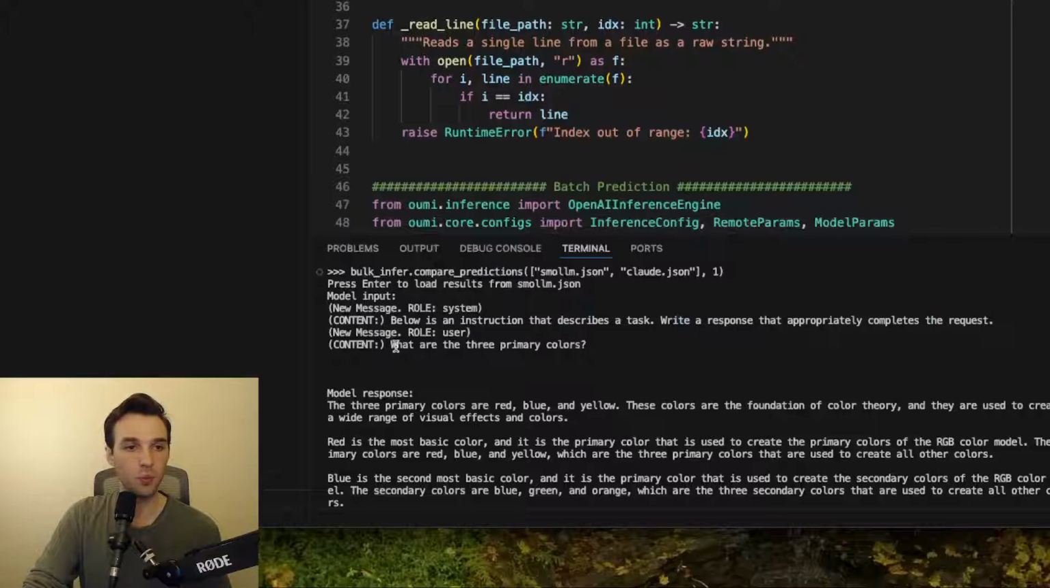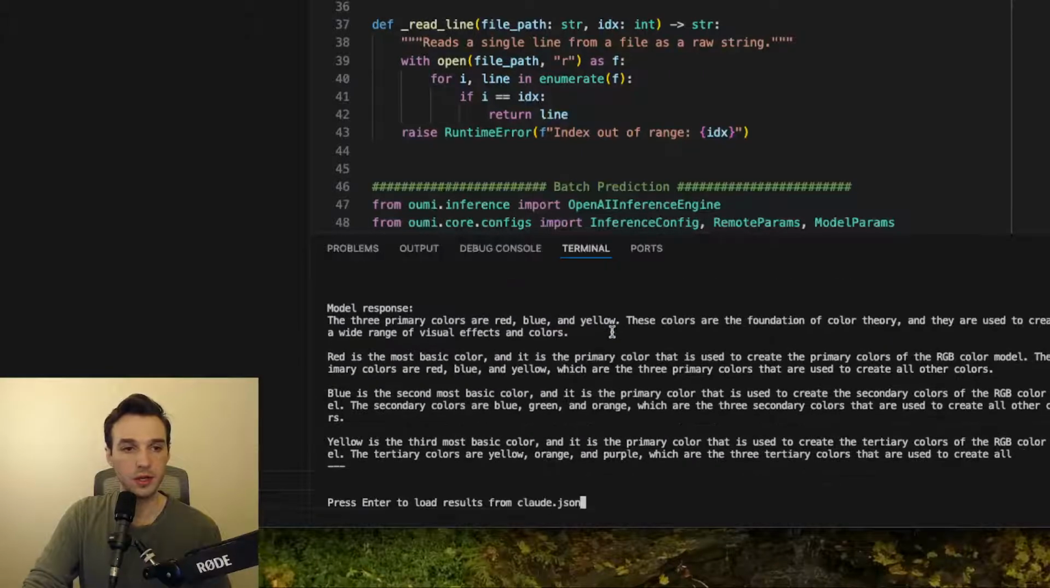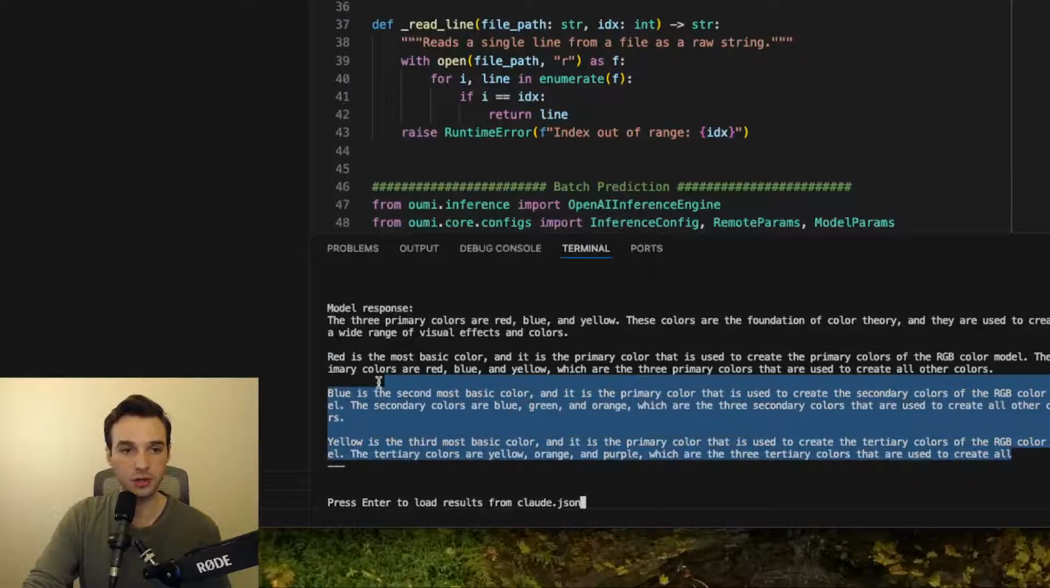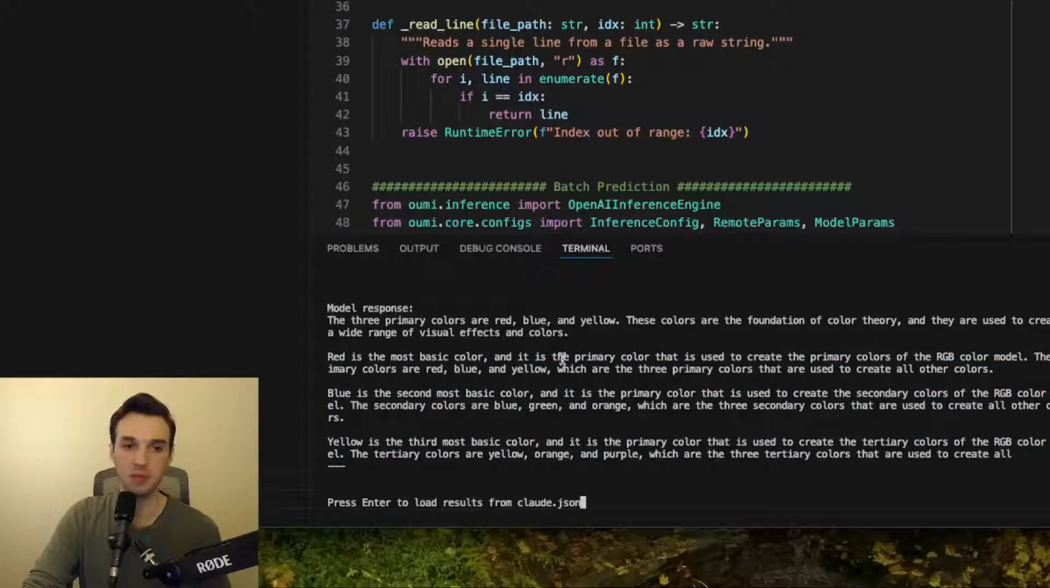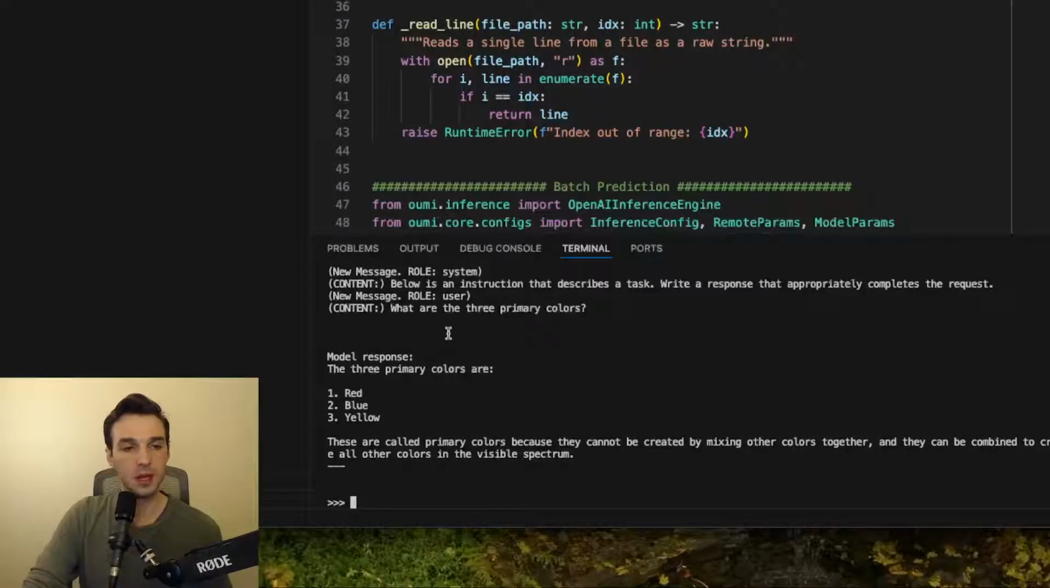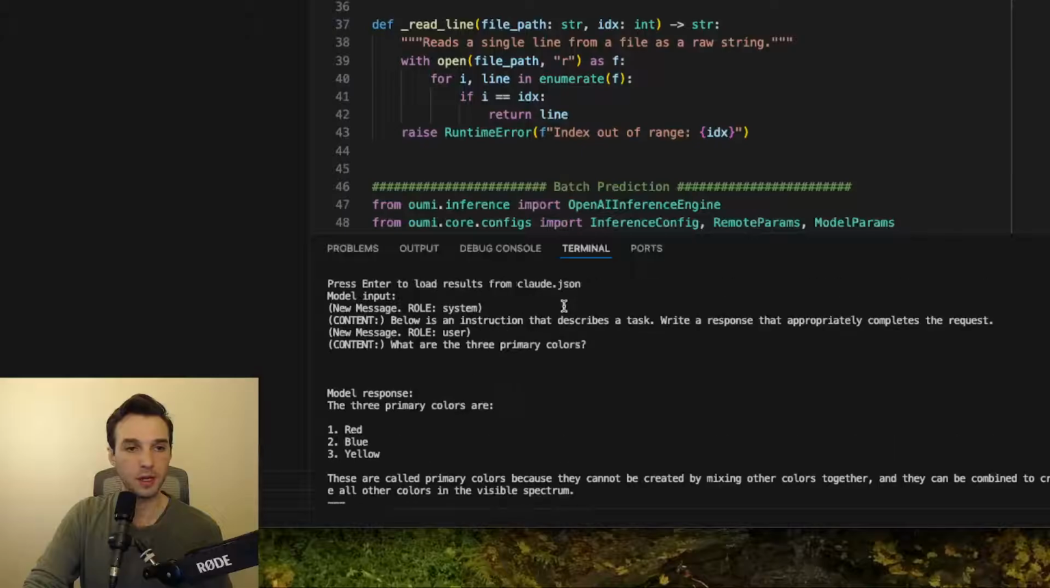The question is, what are the 3 primary colors? SmolLM is quite verbose. It says red, blue, and yellow with a lot of extra text around. Looks like we hit our token limit based on our inference config. Seems reasonable. And now we can look at Claude's response because we're going to load from Anthropic, or excuse me,